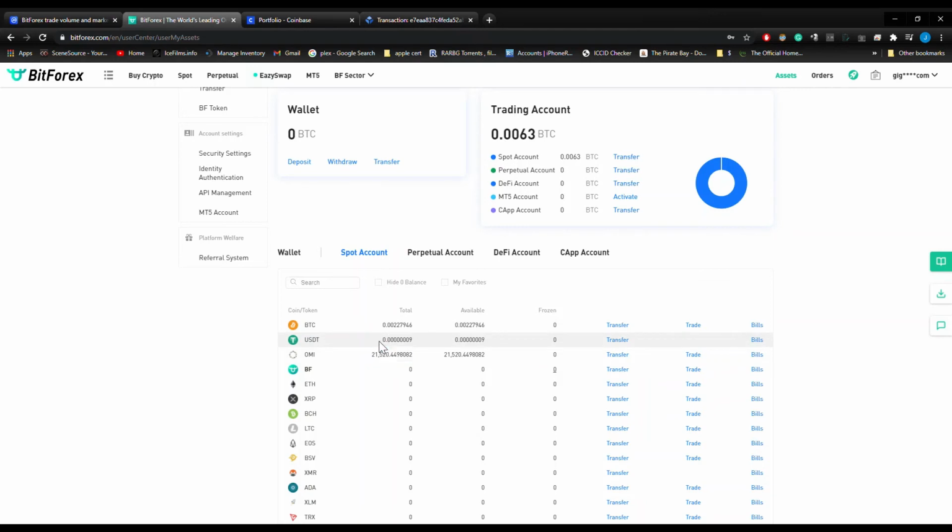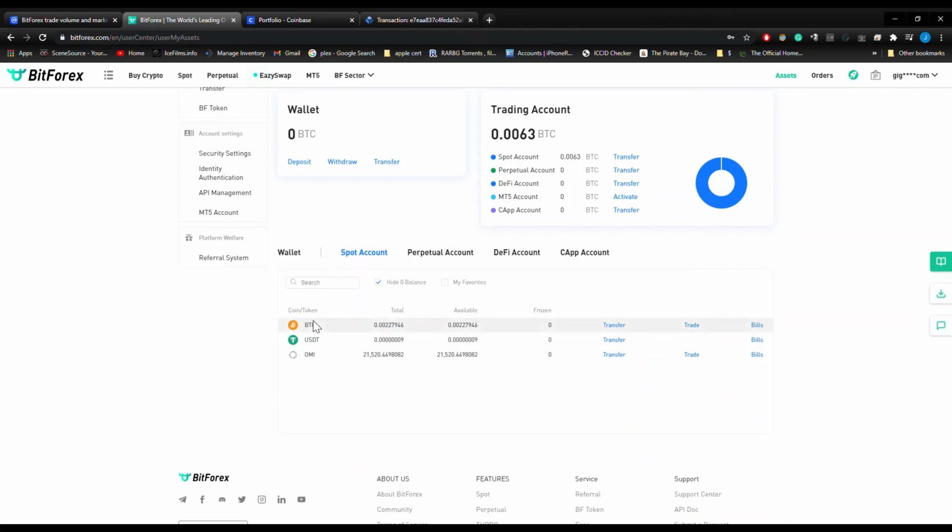We have some USDT, which is the next important thing we're about to get into. And then, of course, here is the BTC that we just transferred in. Right, so now we can actually get into the spot trading. Like I said, we have one last step in order to turn this BTC into something tradable, and that is